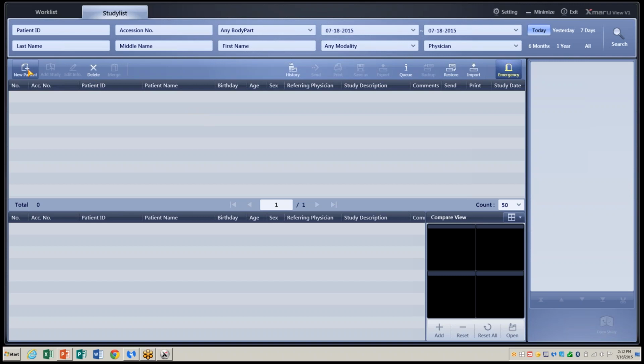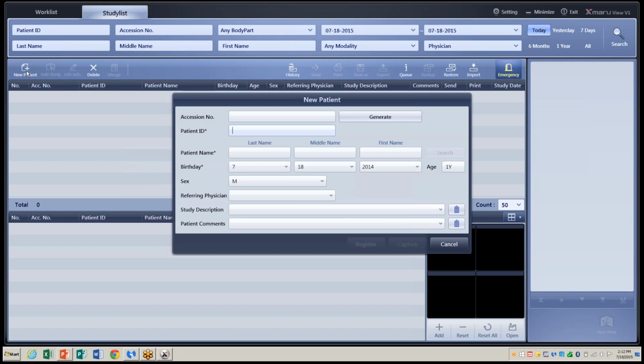From the study list, all you need to do to start a new patient is enter the new patient's information by clicking on the little icon in the top left corner, which is New Patient. You enter the patient's ID number. If you don't have one, you can generate an accession number, which is a number that can be used as an identifier. You enter your patient's name,